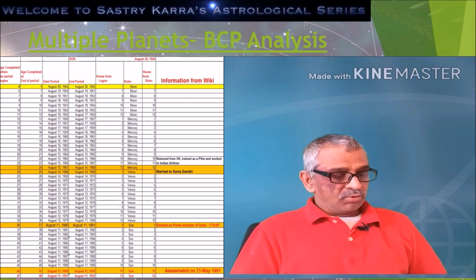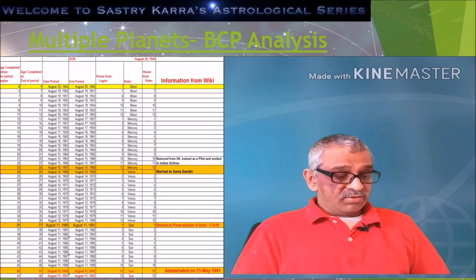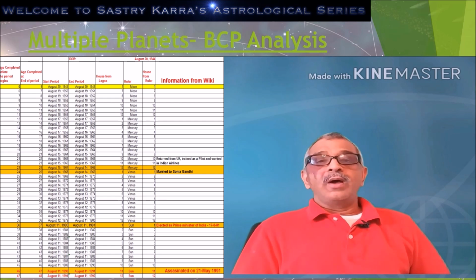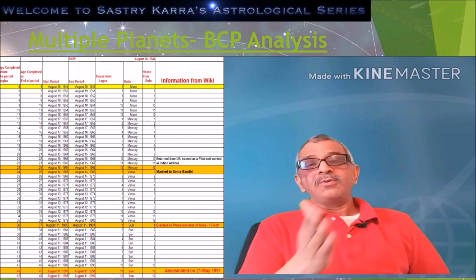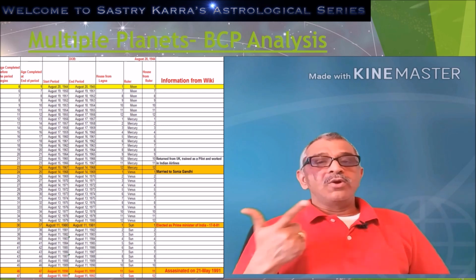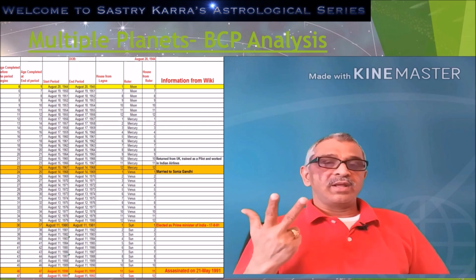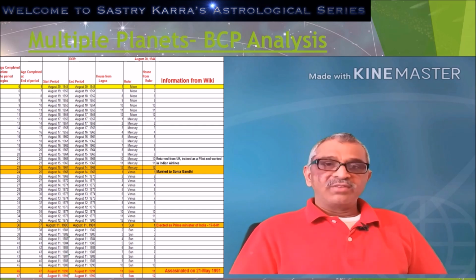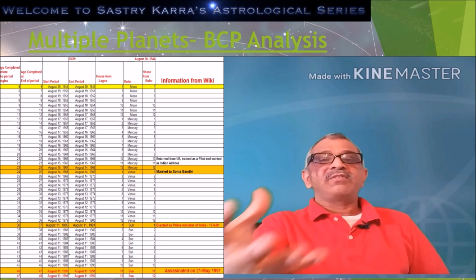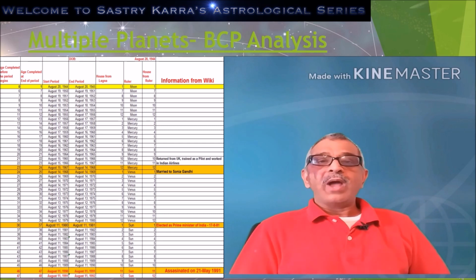So the most important thing you see is that after completing the 21st birthday, which is August 1965, and before his 23rd birthday, which is August 1967, he returned to India. That is, number 1, he got trained as a pilot. Number 2, he got the job as a pilot in Indian Airlines. So there are 3 events that happened in these 2 years. That's the first thing we have to analyze: was there any impact of these multiple planets for this event to happen.